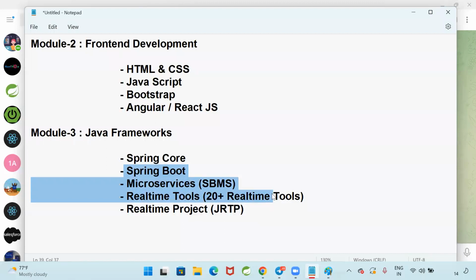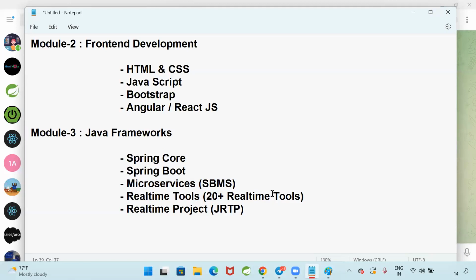Now there is no competitor for Ashok IT with respect to Spring Boot microservices and Java real-time project, because in my total 9 years in IT, whatever I have learnt and done, whatever is in my brain, everything I am going to teach as part of module 3 as of now. This is my first batch for Java full stack development.